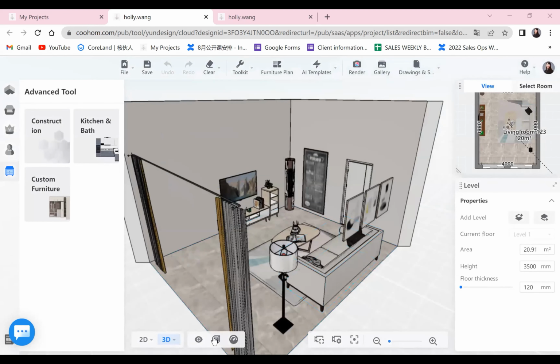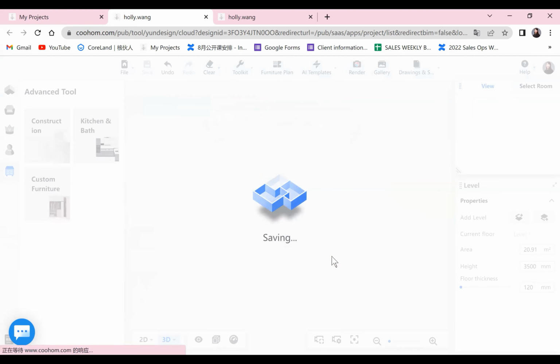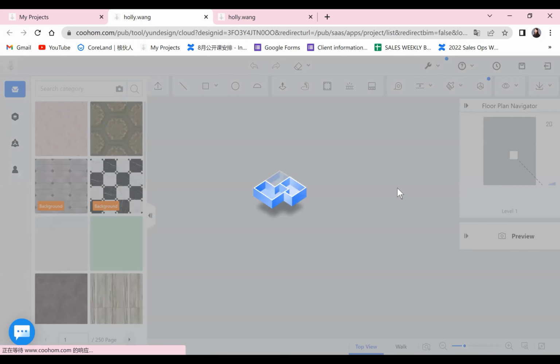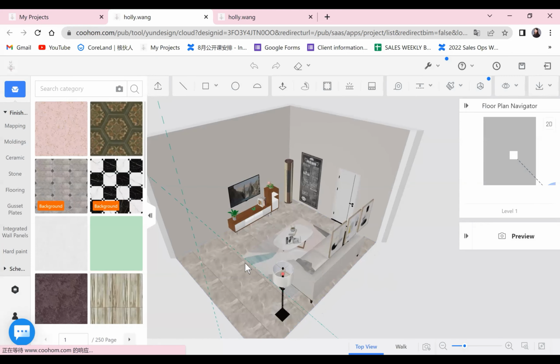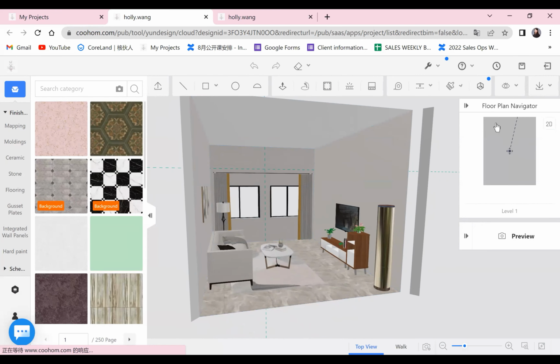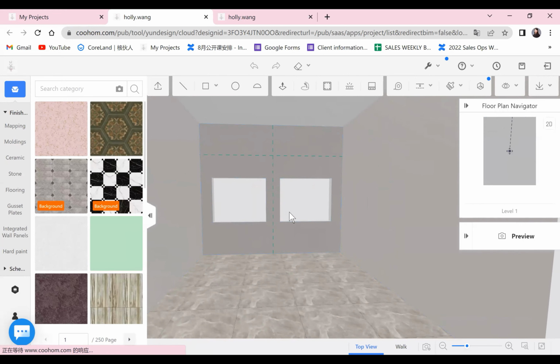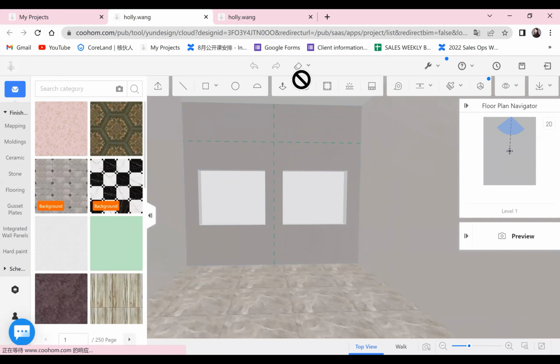Let me change it one more time. Let's go to advanced to construction. You can go to this little eye to hide the furniture. I just have these two guidelines to help me get the shape.